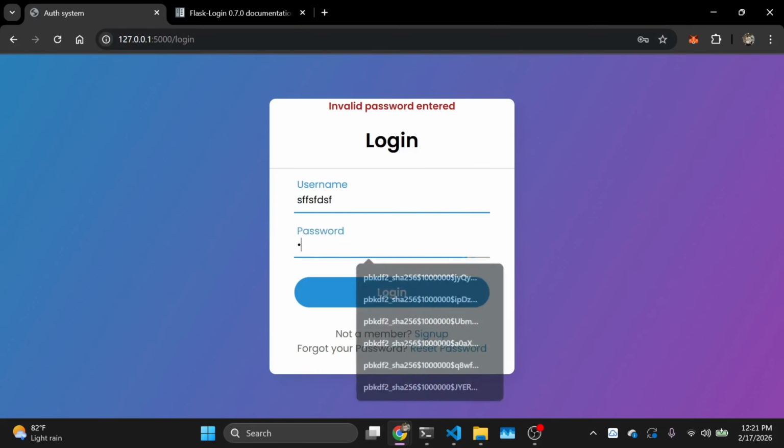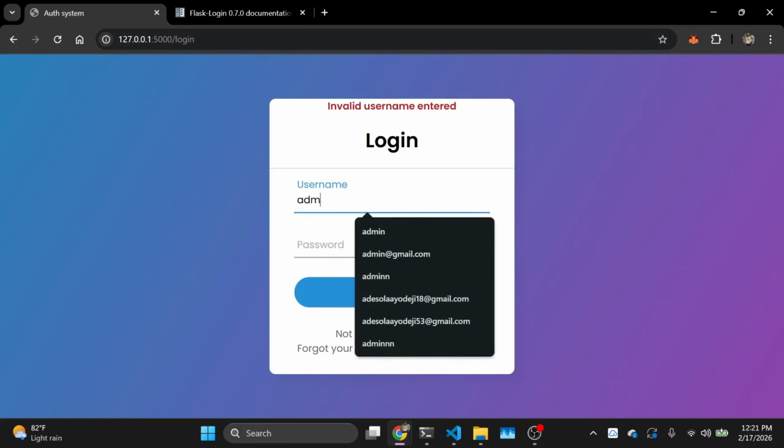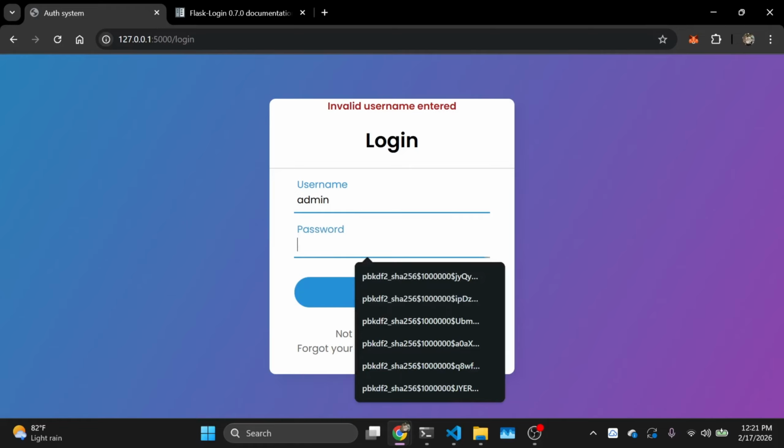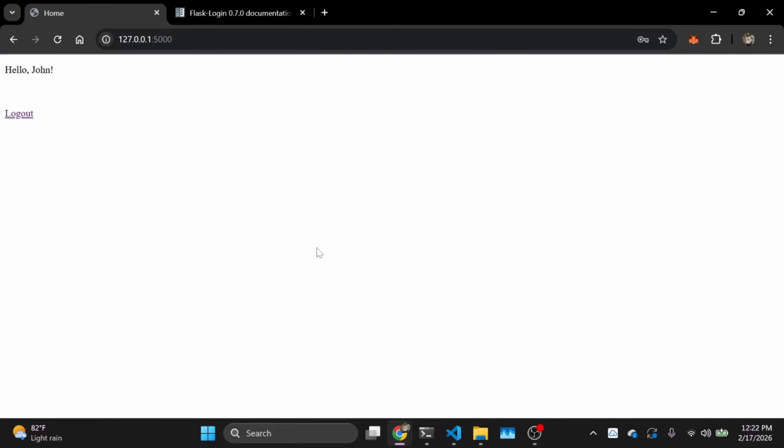And if I type in a username that does not exist and I click login, it's going to tell me invalid username entered. So that way we're able to tell if the username is wrong or the password is wrong. So I will just enter the correct password and click login. Now, once I click login, you can see that we've been redirected